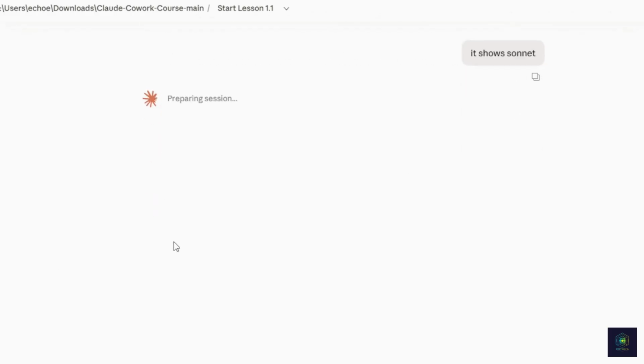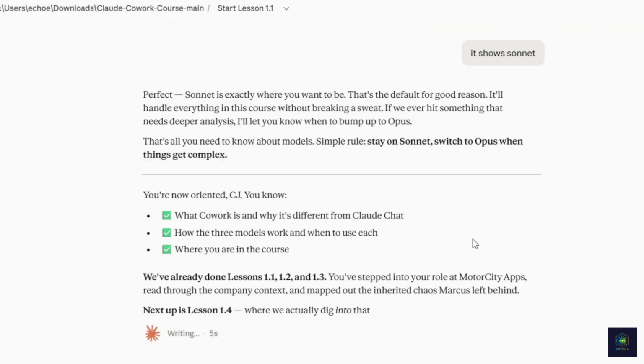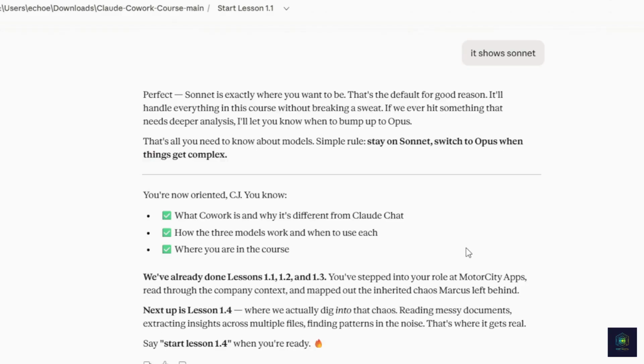So for starting out, Sonnet is perfect for most people. Like I said, it handles 95% of tasks. But if you hit a wall, try Opus. It's more powerful, but it's a little slower. Now, if you have a quick question, use Haiku. Why wait for Sonnet? The model selector is at the bottom right. But for what we're doing now, Sonnet is perfect. But you can switch if you want to experiment. Some people prefer Opus for complex analysis. That's fine. Use what feels right for you. The key is you have options. Most of the time, you're probably going to be using Sonnet.